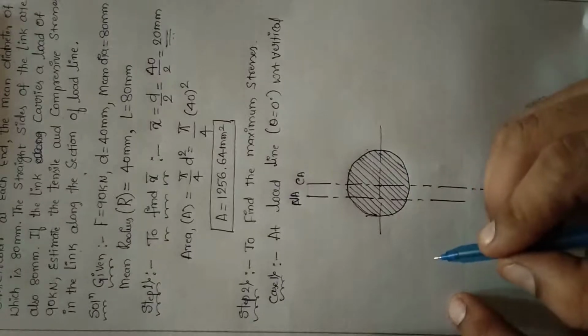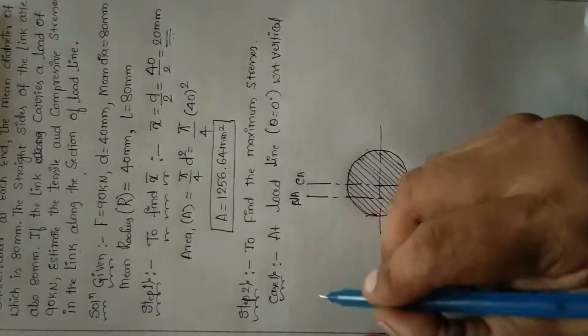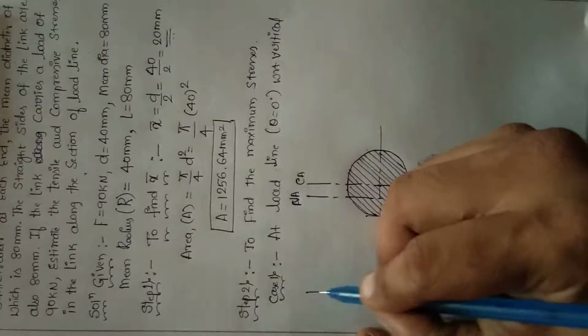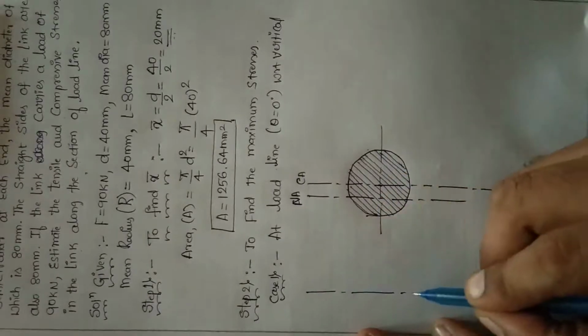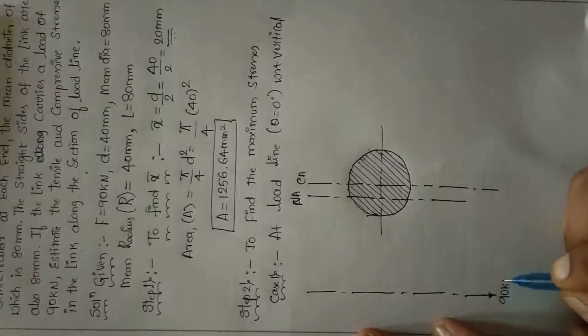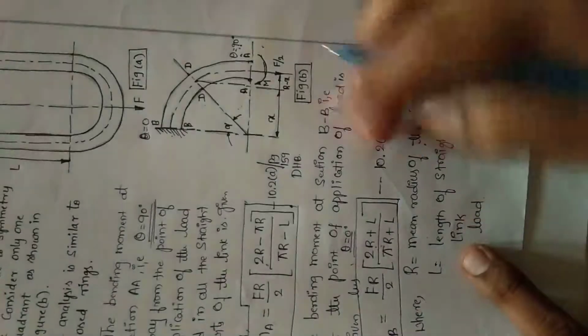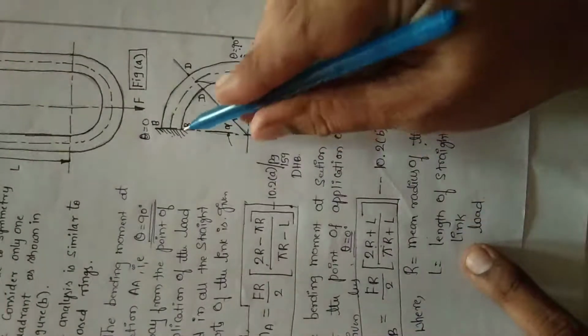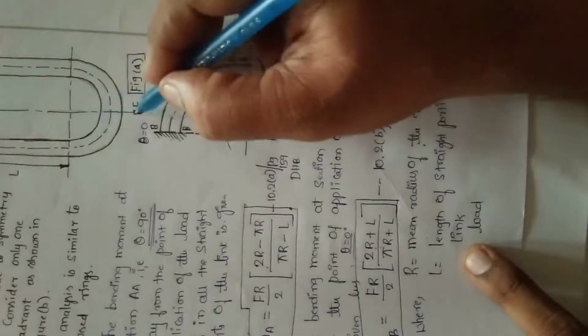Now what do I have to specify here? Again I have to specify the radius of curvature. He said the mean radius, so he has given the R value. This is the radius of curvature, and at the same point you have the load of 90 kilonewton, which is what we have replaced the couple force with. From the same point the load is acting, and from there we take the distance.